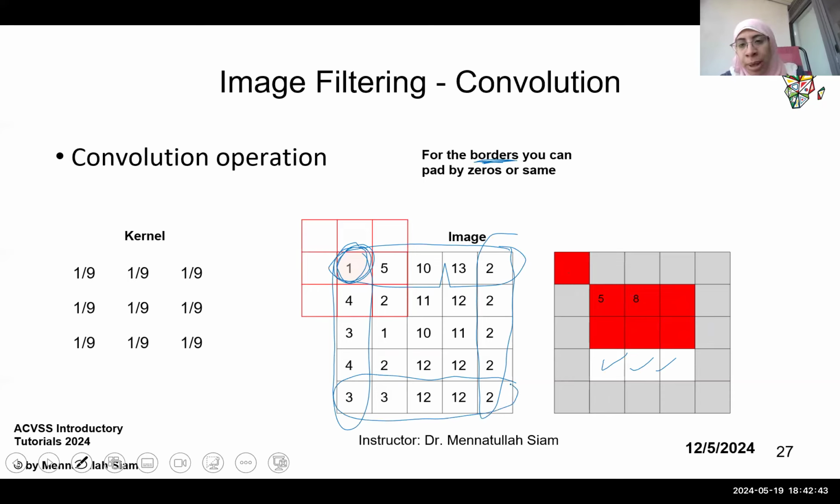Either you do no padding, so these are ignored, or you do padding, with zeros or the same values. If you pad with zeros, it's like having a new row and a new column of zeros. Then when you need to compute the value for this,